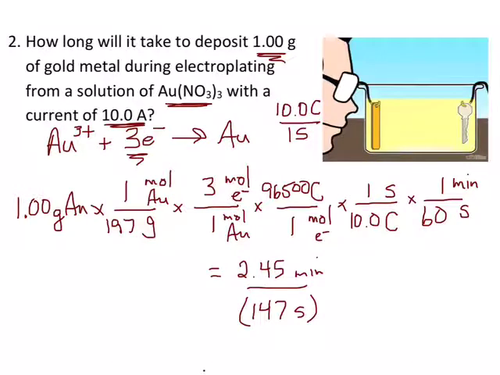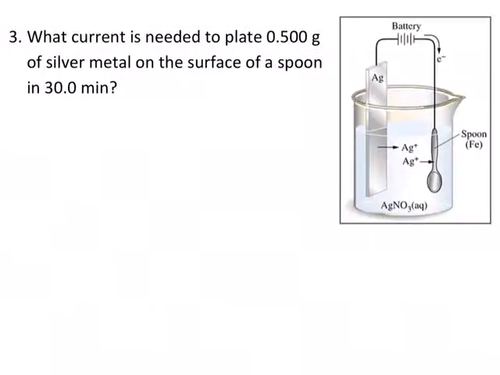All right, the third question. Now the first question we asked, how much product could we make in a certain period of time? The second question we asked, how long would it take to deposit a certain amount of product? This third question is asking, what current do we need? So this is the third type of problem that we could ask. What current do we need to plate 0.5 grams of silver metal on the surface of a spoon in 30